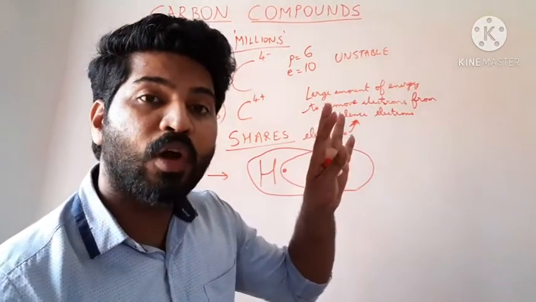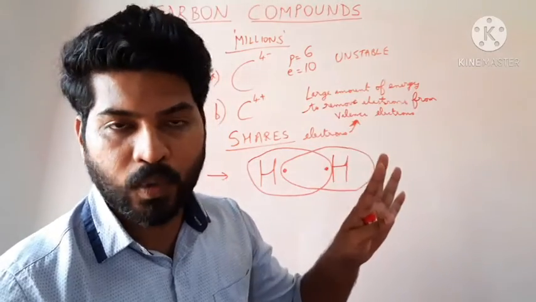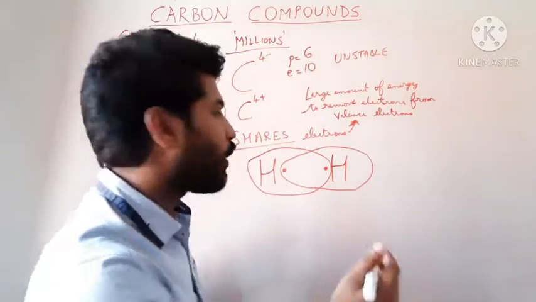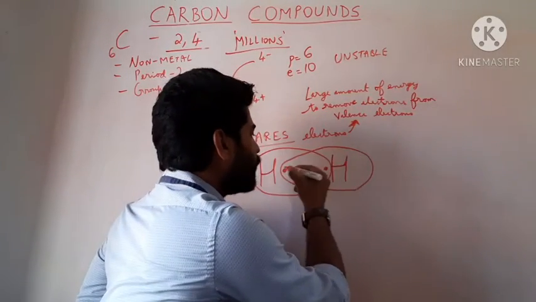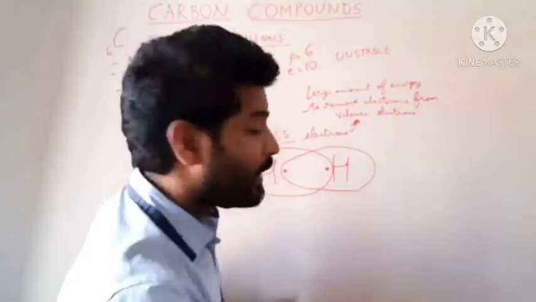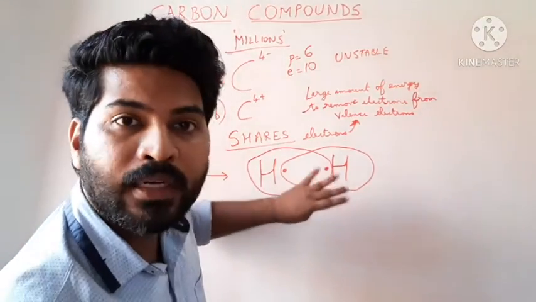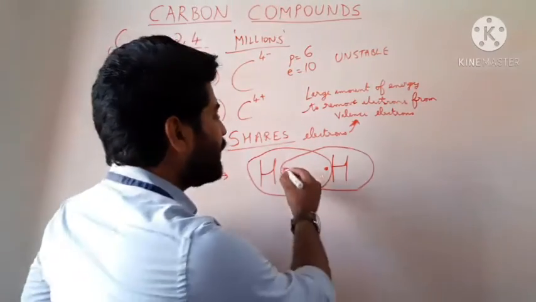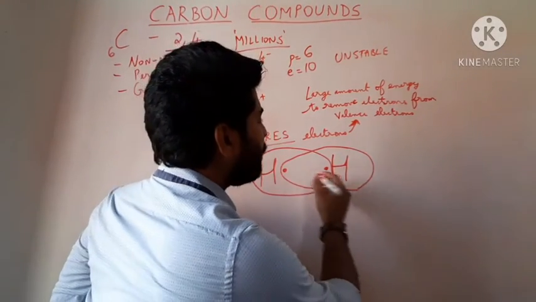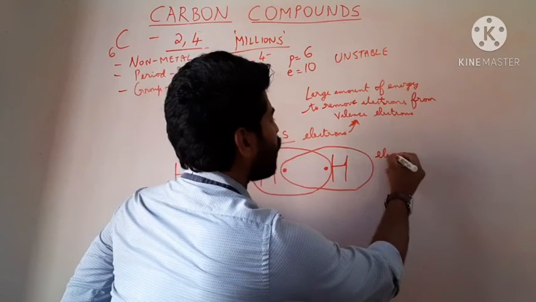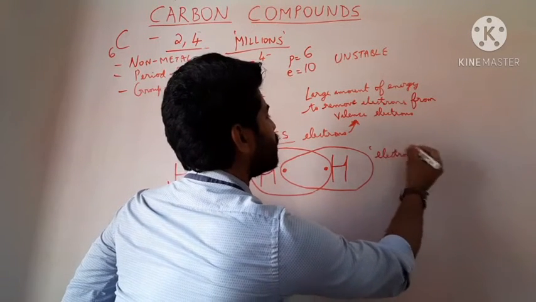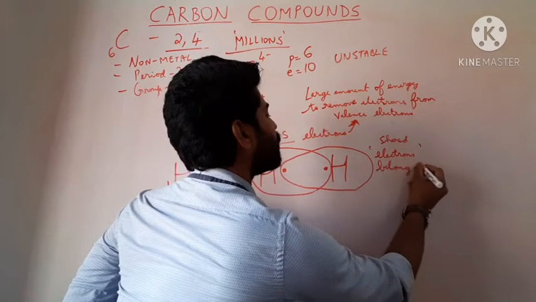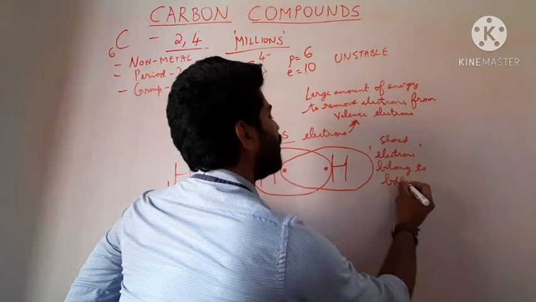As you saw, in the formation of ionic compounds between a metal and a non-metal, there is transfer of electrons. The electron is transferred. One element will lose and another element will gain. Whereas in this case, electrons are not lost, electrons are not gained. By sharing of electrons, it simply means that the shared electrons belong to both elements,